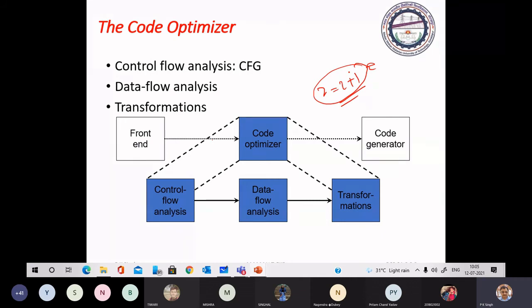Another example of machine dependent optimization: nowadays we have processors that are capable of executing more than one instruction simultaneously.